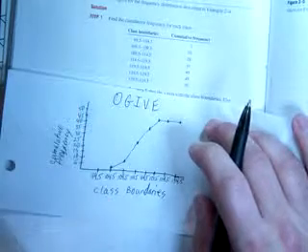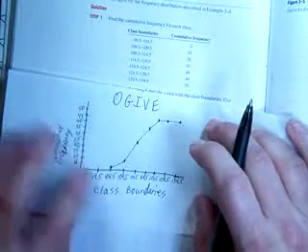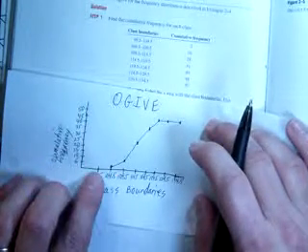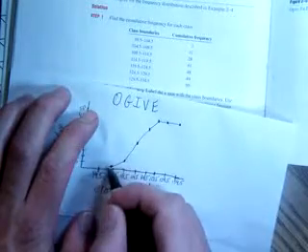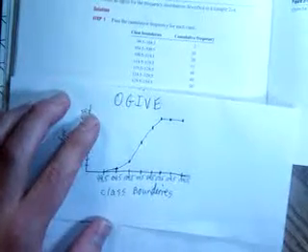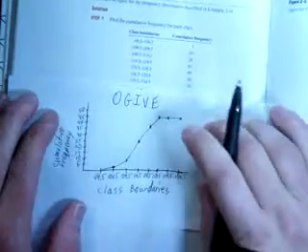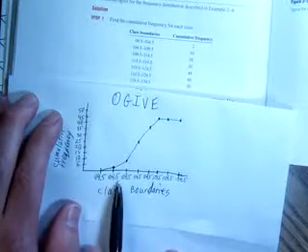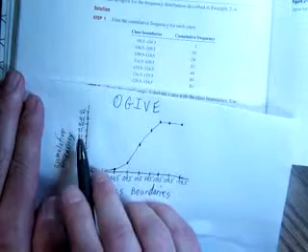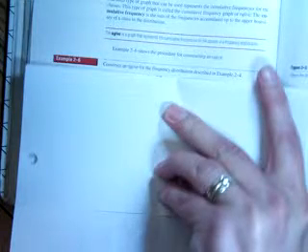Okay, so this would be 5, 10, 15, 20, 25, 30, 35, 40, 45, and 50. Now, you're going to be